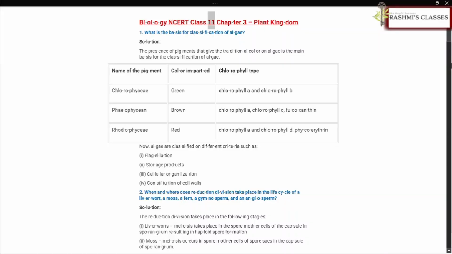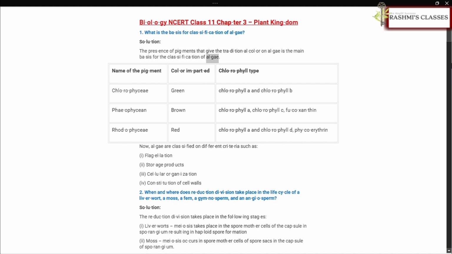Biology, Class 11, Chapter 3, Plant Kingdom. 1. What is the basis for classification of algae? Solution. The presence of pigments that give the traditional color to algae is the main basis for the classification of